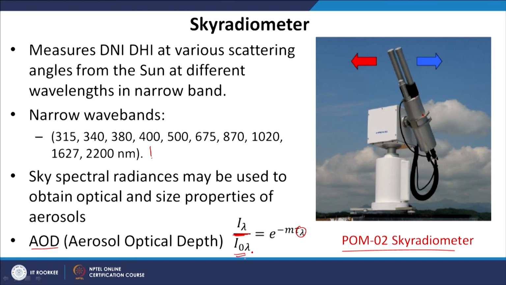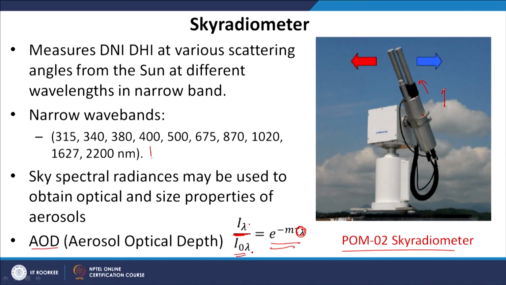So, radiation intensity outside the atmosphere, radiation intensity at the ground surface, and the ratio of the two is the attenuation or transmission, and in this transmission what we have is aerosol optical depth, and m is the air mass. Depending on the angle, this instrument can measure radiation at many angles. It can measure radiation at this angle as well as in the normal direction. So if you want to measure the properties of aerosols in a given direction, you have to take into account the variation of air mass m versus the angles.